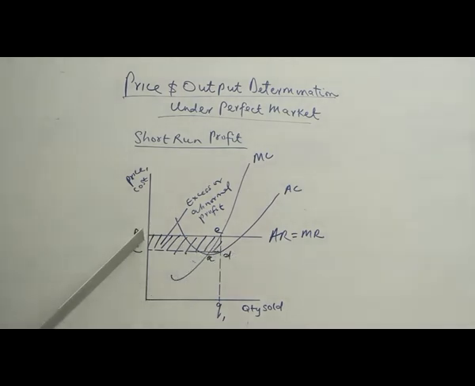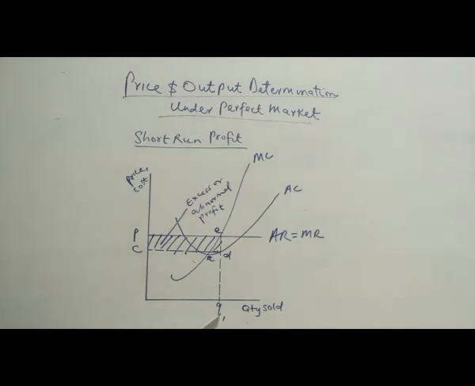So if price is greater than cost per unit, then there is profit. That is, at Q1, the firm is able to have the price PE and cost per unit CD. So PE, the price, is greater than CD, which is the cost. So the total profit of the firm will now be